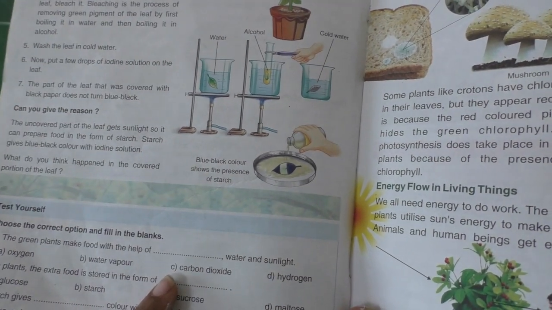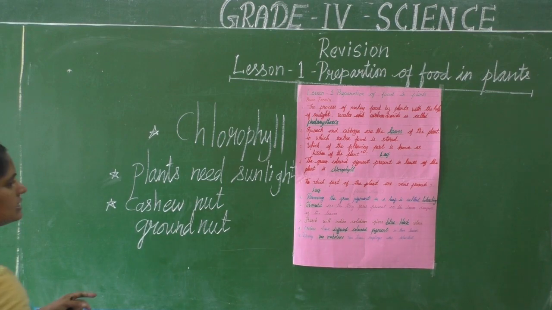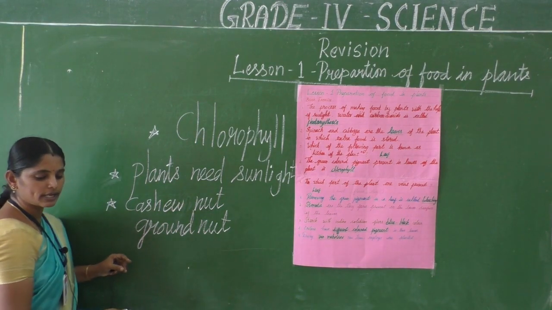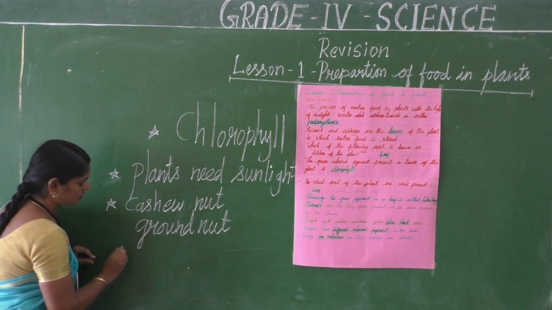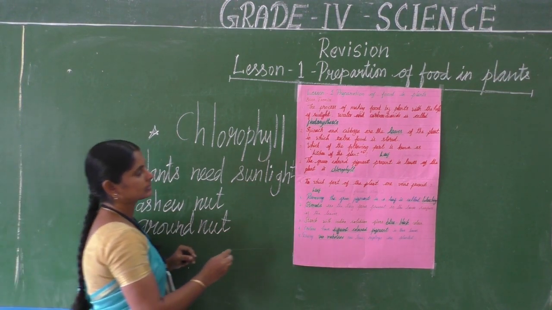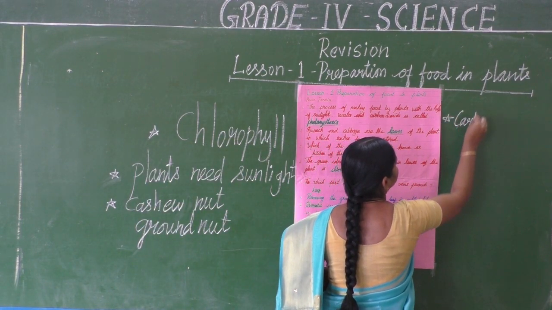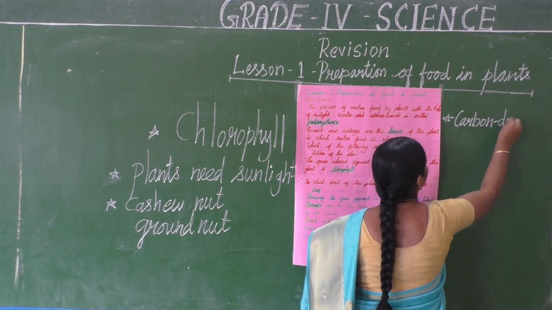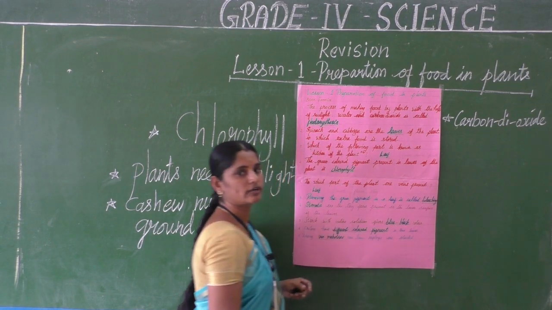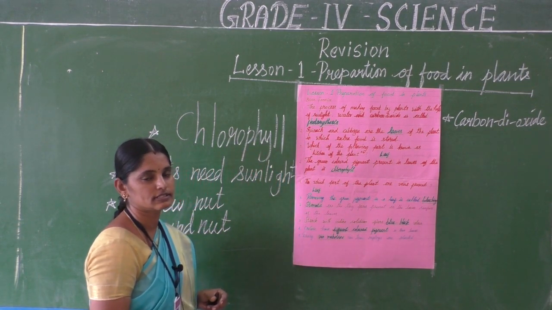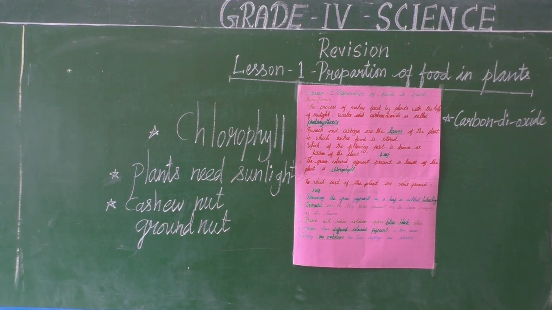What answer will you write over there? In the first question, you have to write the answer carbon dioxide in page number 6. Okay, so what answer will you write in page number 6? Carbon dioxide. So this is what we have to write for the first question in page number 6. They'll ask a second question.